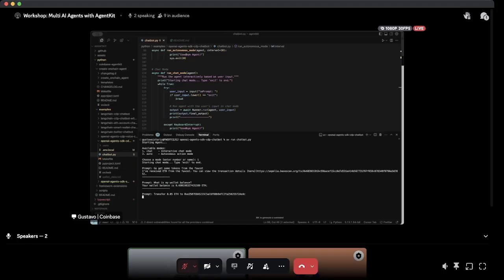Maybe we can set an address somewhere in a contact book that it has access to. You can give it a TXT file or a JSON file, and you have a contact address book. You say, hey, send 0.05 ETH, or send 20 USDC to John Kerry. I don't know why I picked that name, but